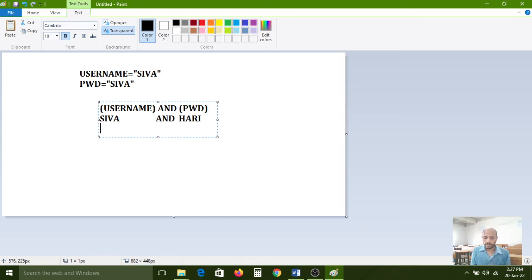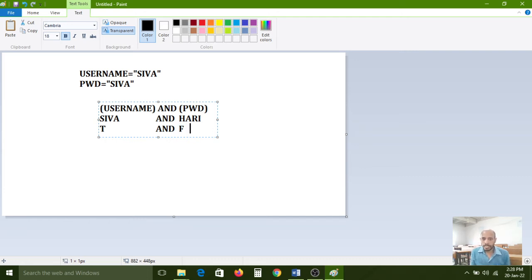Username matches, Siva and Siva, so it is a true condition. And the AND operator here is false, because Hari is not matched. The password is also Siva, but here I have entered the password as Hari, so it is a wrong password. That's why it produces a false statement.